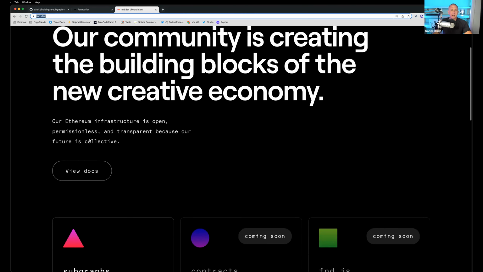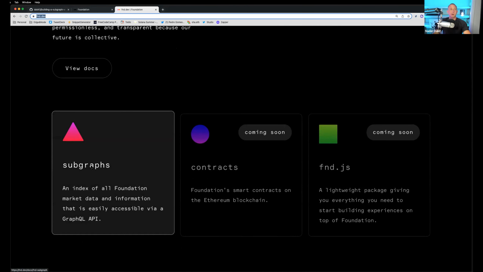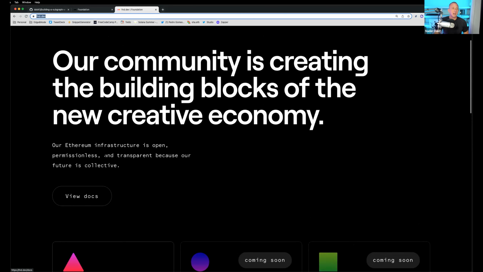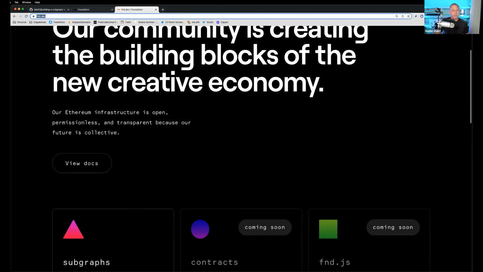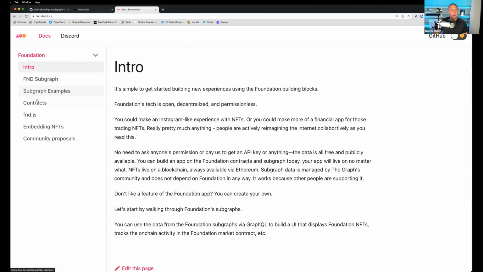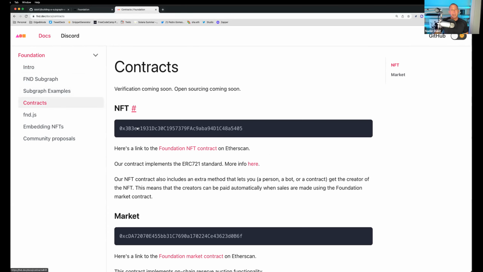And here you see that if you're a developer and you wanted to build something on top of their smart contracts, they have a link to their contracts in their docs here. So these are their smart contracts. And this is one interesting thing about working with blockchain in Web3: we're so used to thinking that a backend is proprietary and that we can't really use someone else's backend unless they explicitly create a really nice API for us to use.